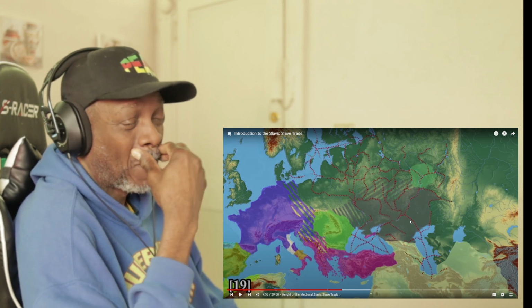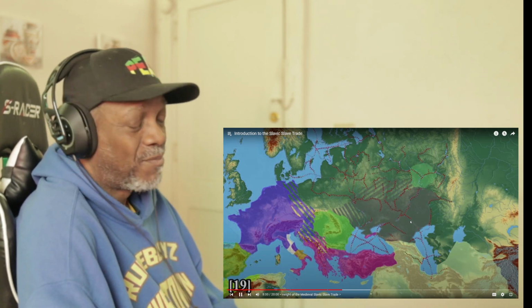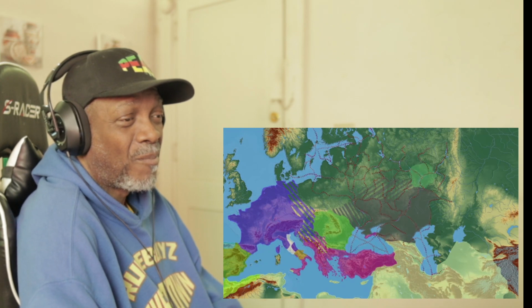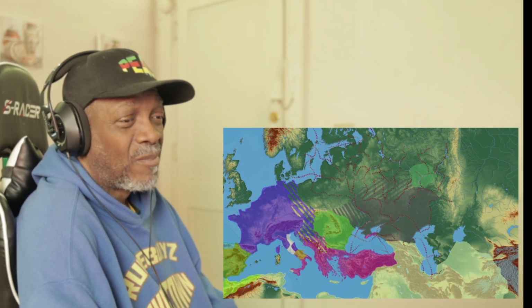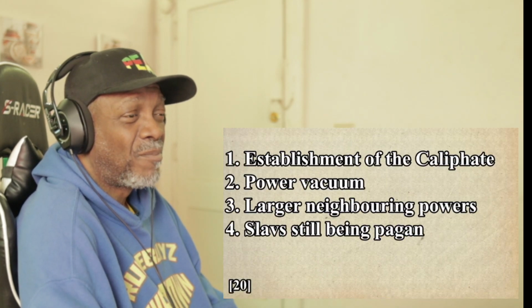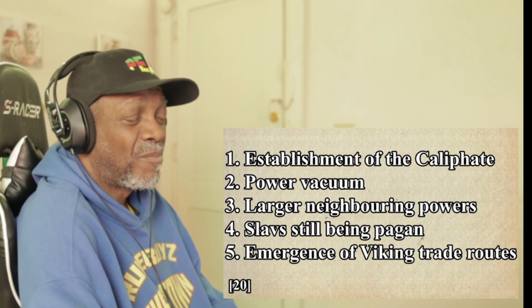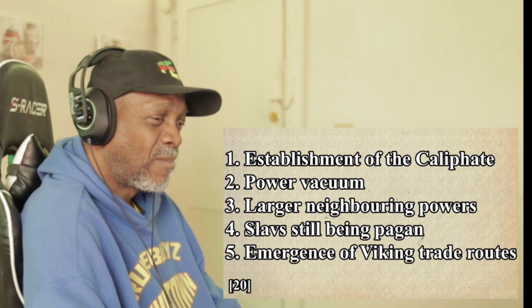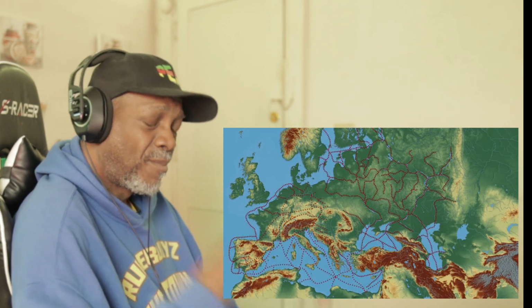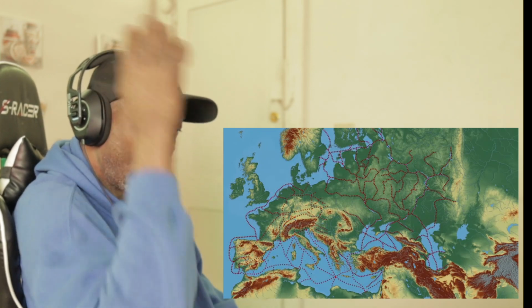Viking raiding and trading network in the 9th century opened up new trade routes in Eastern Europe through which Slavic slaves could be more easily captured and sold to Byzantium or the Caliphate. And so, due to all these reasons, the Slavic slave trade blew up in the 9th and 10th centuries as the lands of Eastern Europe proved to be the perfect source of new slaves. Due to this boom in Slavic slavery, new trade routes developed that began in Eastern Europe and flowed into the markets of the Mediterranean, Black and Caspian seas.